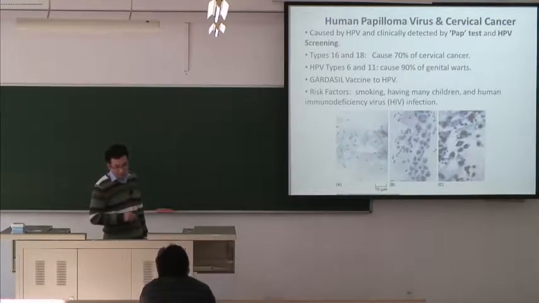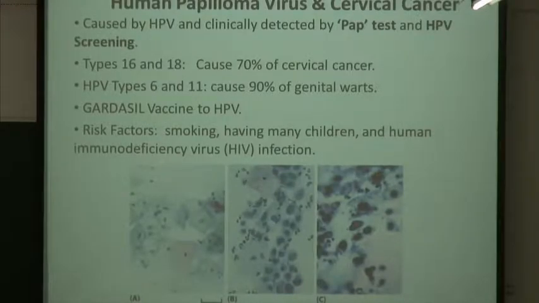So here I showed you how this Pap test is applied in the clinic for cervical cancer. And for this HPV, you have several subtypes. We can actually detect it by simple DNA hybridization for the HPV test. But in the earlier stages, for example, for women, we start from the age of 20, we will have this Pap test, maybe every 3 years or every 5 years. And the Pap test is a very easy cytology way to detect these